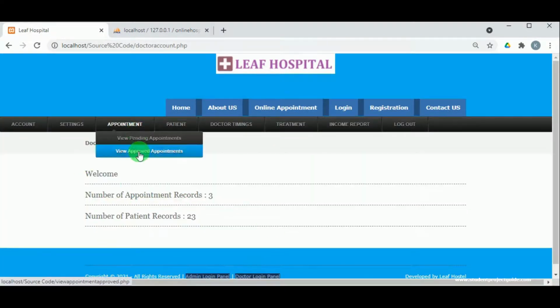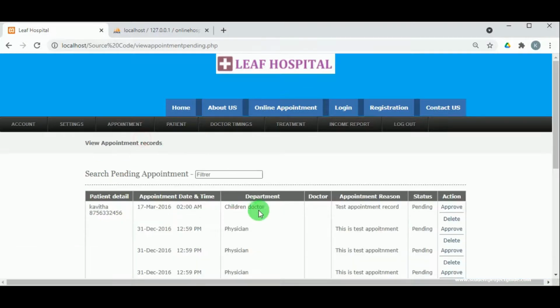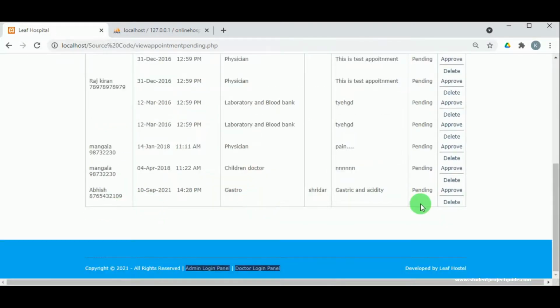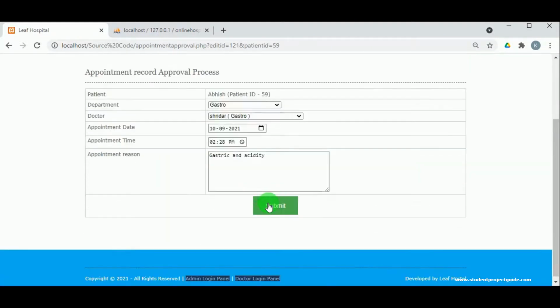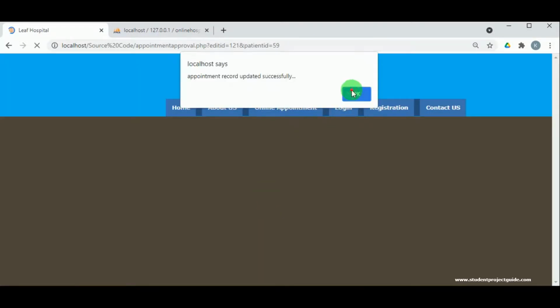So under appointment, in view pending appointments, here we can see that the appointment is pending. By clicking on approve, the appointment status will be updated as approved,